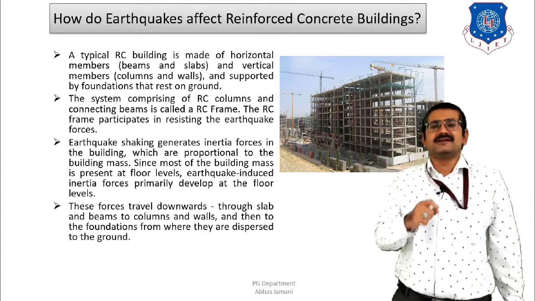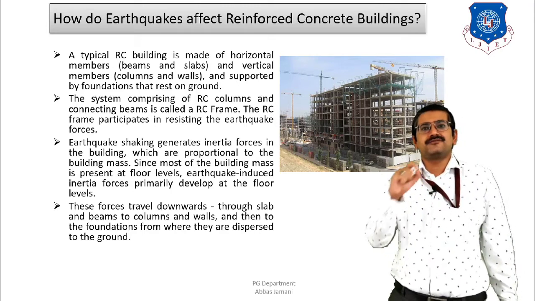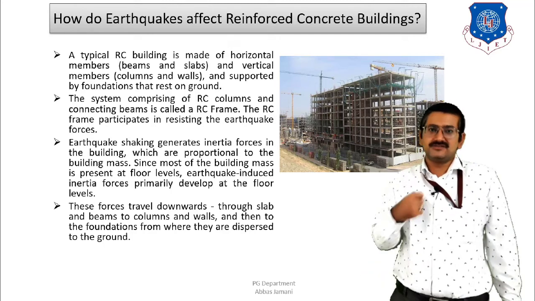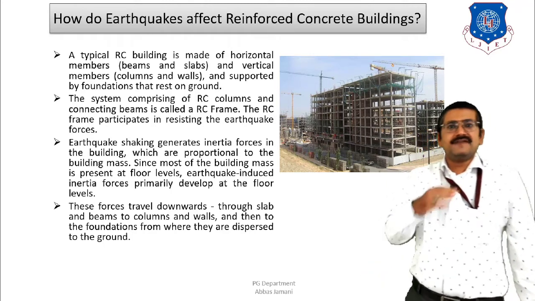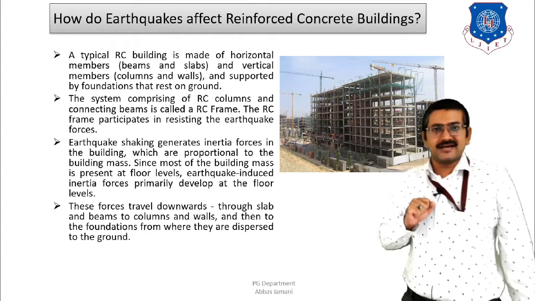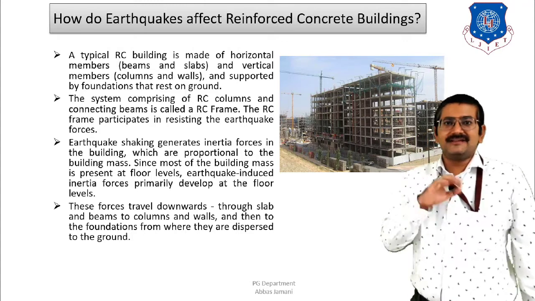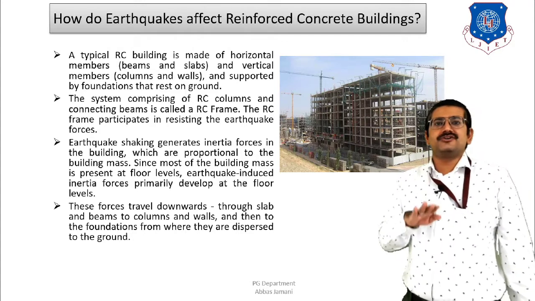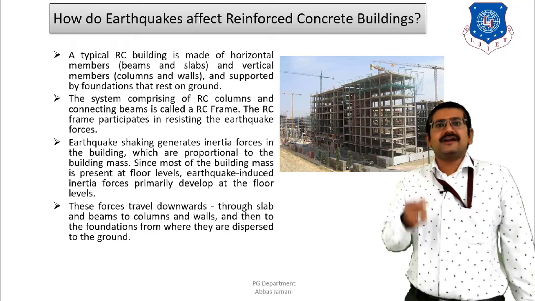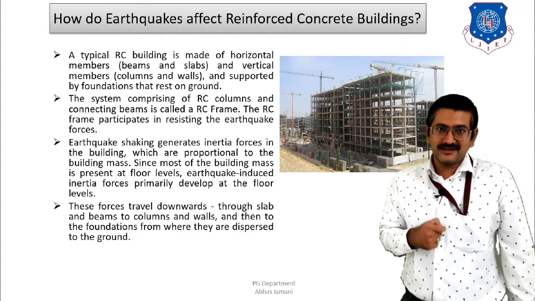Otherwise, in regular cases, the vertical load is going to be purely transferred from the columns to the foundation and from the foundation to the soil below. Right. So the four key components of the building are beam, column, slab and the walls. And these four components are going to ensure the smooth transfer of load, whether it is lateral load or vertical load in case of RCC buildings. Right. And that is what we have shown.